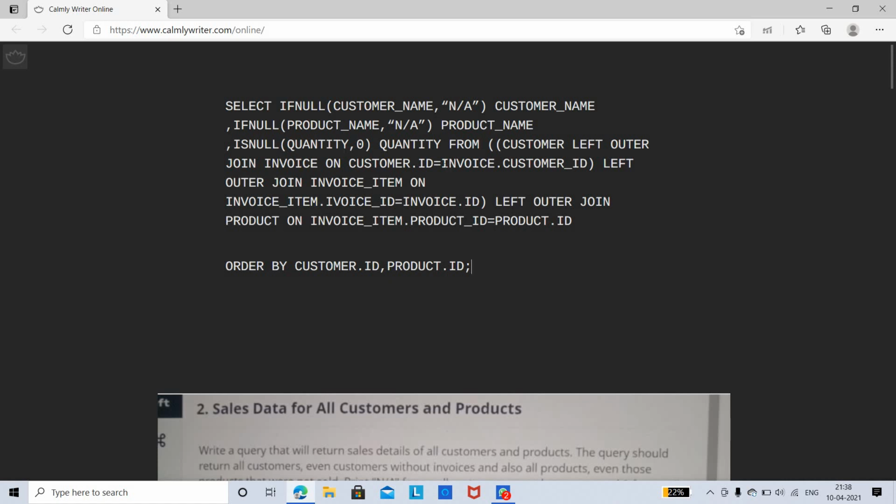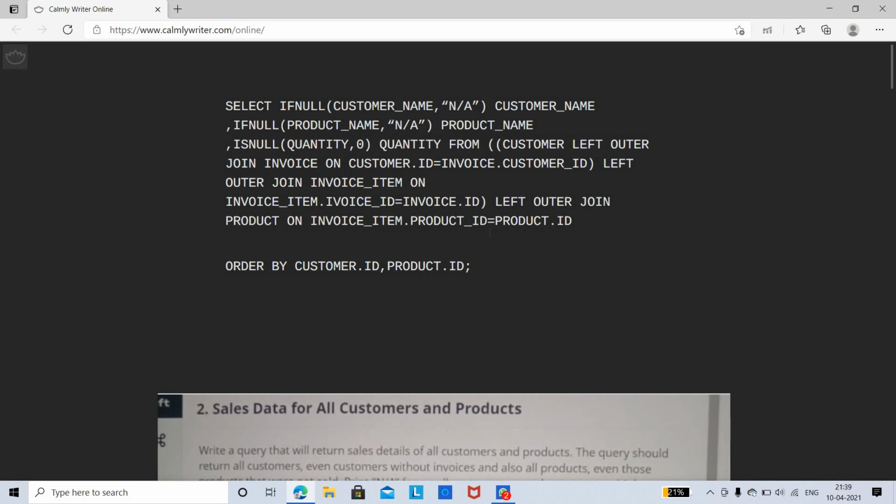First, customer left outer join invoice: the customer table ID is equal to invoice.customer_ID, a row present in the invoice, and with that we have joined. Next, left outer join the invoice item: the invoice table is left outer joined with invoice_item on the common ID.